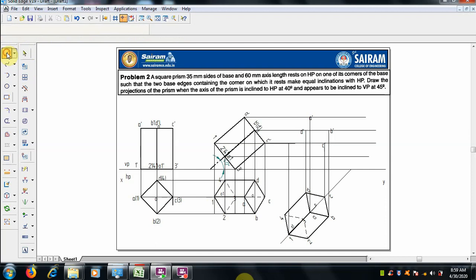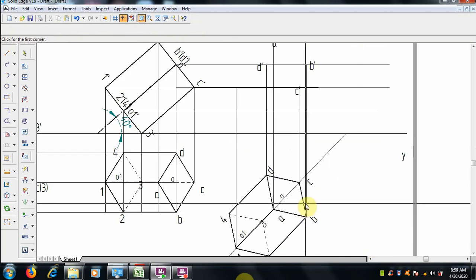Okay. 2 with 2 dash. If it does not come correctly, you can zoom so that the view will be clear. Go for the zoom option, select the closer window nearby.